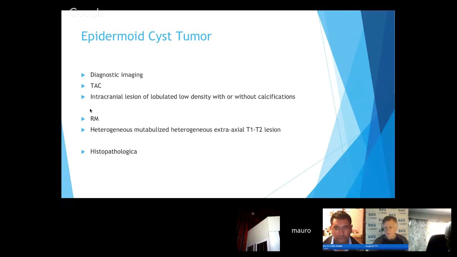We are obligated to do an MRI in Mexico. It's easy to perform this kind of study. But the most important is that we have to share information, and exchange information and images with the radiologists. So we are going to find very important data. And the most important for this presentation is that we can easily understand what the cases of epidermoid cyst are.